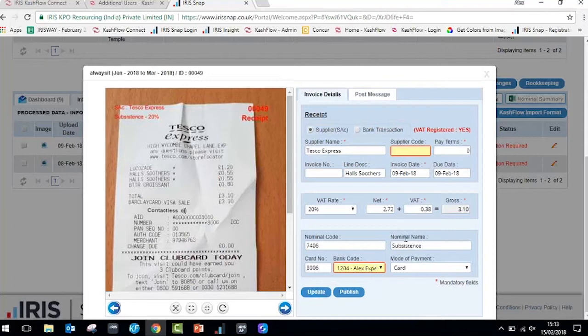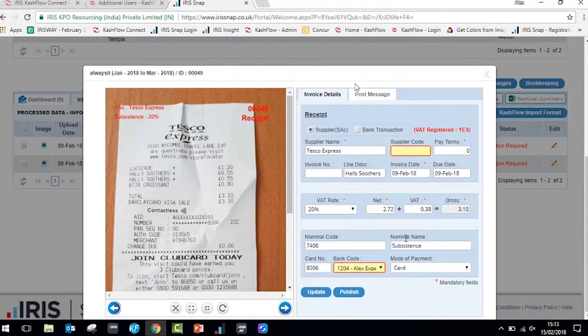So this is where it goes from. Some of you out there might be using something like Receipt Bank, where if the end user is using it, they can have their own dashboard and they can go and change these details and then publish them to their cloud bookkeeping system. But Snap is really designed for you only, so the client wouldn't have any involvement in this. So all they would do is take the pictures, and then you can come in here and control where the